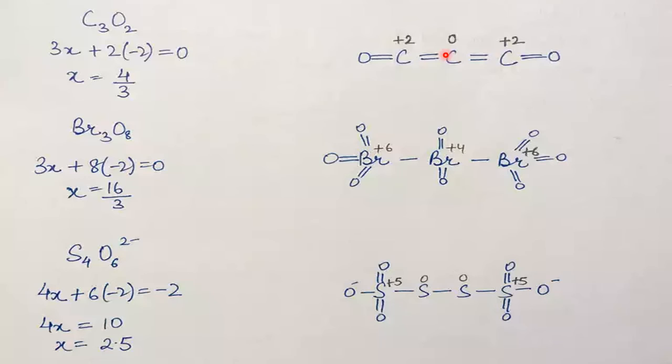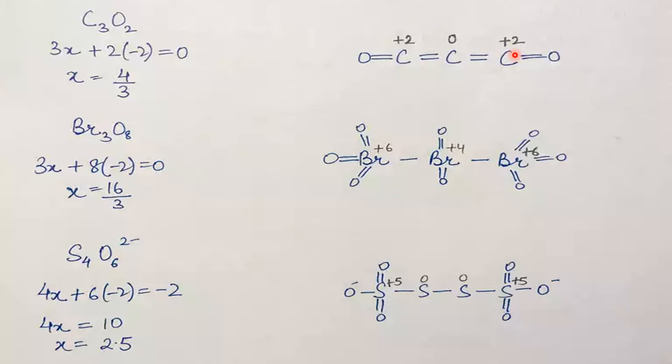Whereas this carbon has given 2 electrons to oxygen, because O is the most electronegative and will withdraw electrons. Here both are the same, so no withdrawal of electrons. Only in this case O is more electronegative, therefore it has withdrawn 2 electrons. Therefore this O became -2 and this C became +2. In the same way, this carbon has lost 2 electrons to this O, therefore this O is -2 and this C is +2.